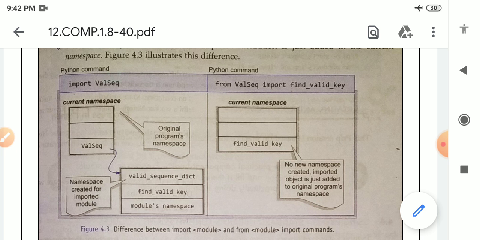The namespace is already created, and the object is added inside it. So this is the difference between the import module and from module import commands.